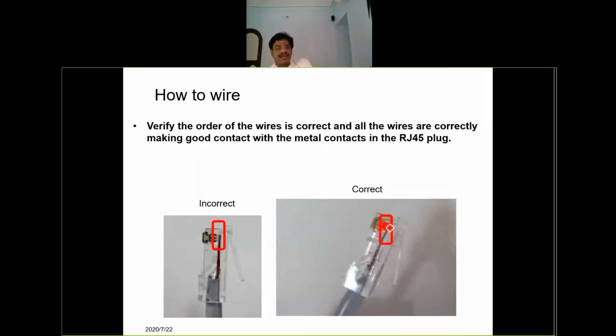And even if one of the conductors fails to connect out of 1, 2, 3, 6, then the cable is a failure cable. The metal contact of at least these 4 conductors should be connected.